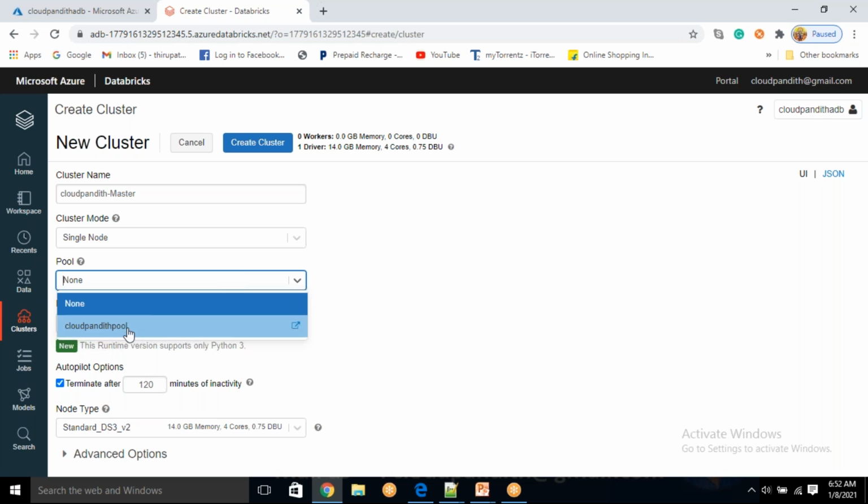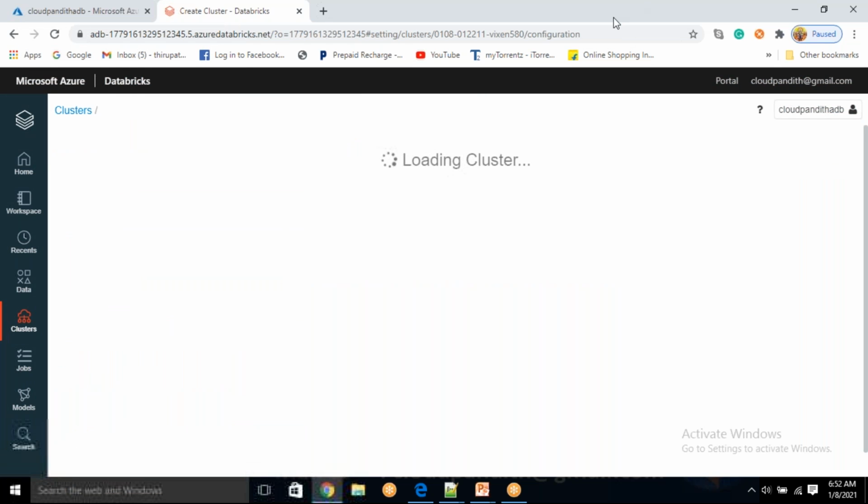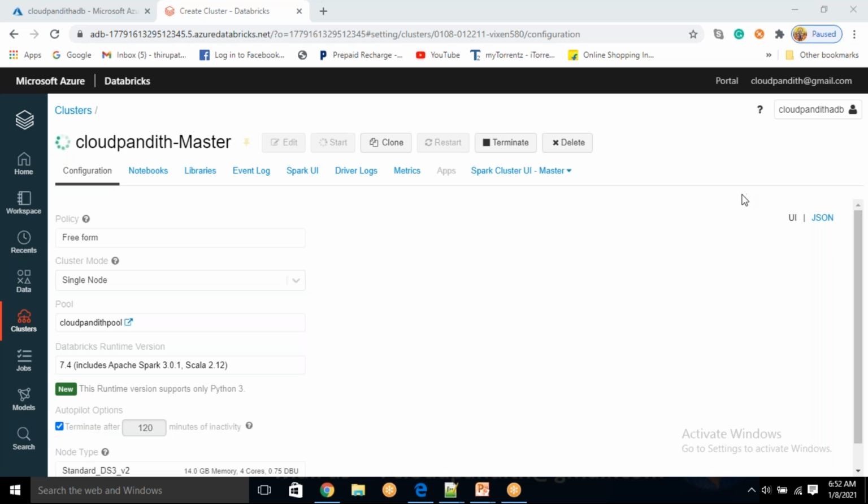Okay, let's select this pool, Databricks runtime version, all this. Let's click create cluster. Now the cluster will take some time to create. Yeah, tell me. Malaya, I think the option that you had, terminate after X number of minutes, is not to put the VM back to the pool, but rather if it is inactive, then it will terminate it so that you don't incur a cost. Is that the right understanding that I have?